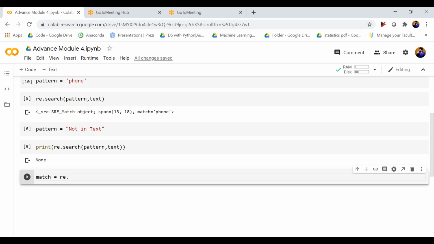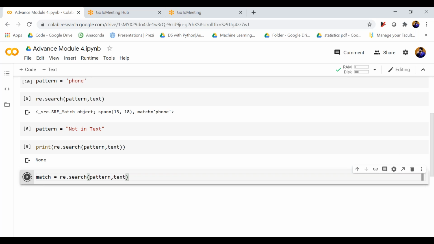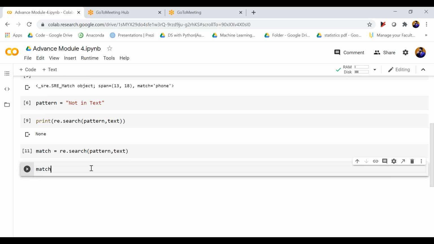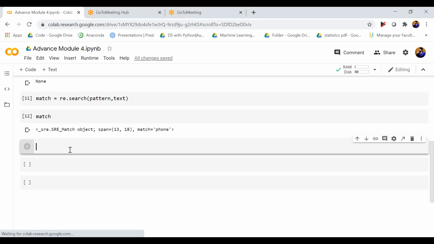So re.search, and if you type pattern, text, pattern comma text. Okay. After doing this, you ask what is a match. So it will actually return this thing. Okay. Now you can also apply some basic things, for example, if you type match.span,